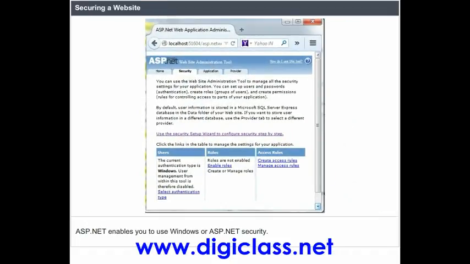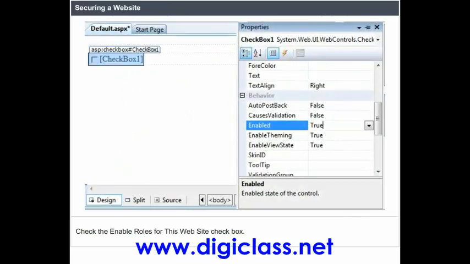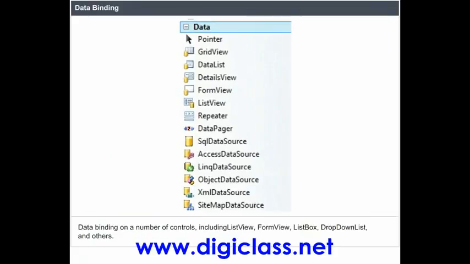ASP.NET enables you to use Windows or ASP.NET security. To set up a custom database, run this exe file. Check the enabled roles for this website check box. Data binding. Data binding works on a number of controls, including list view, form view, list box, drop-down list,